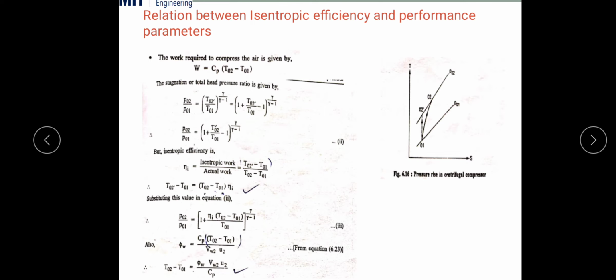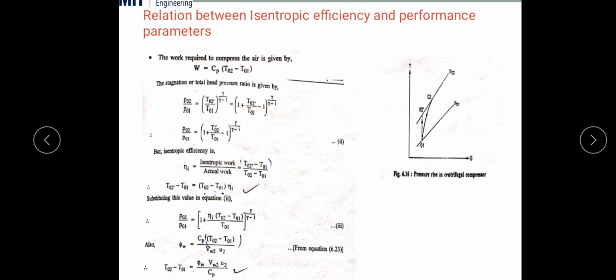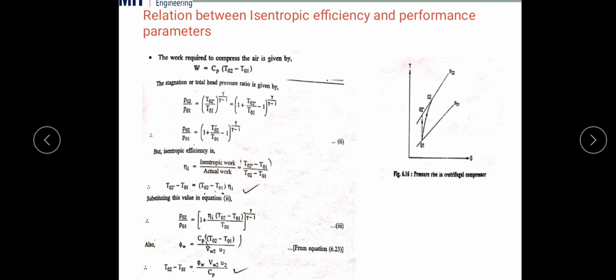We can just draw the TS diagram also, in terms of the inlet of the impeller, this is the condition, and this is out of the impeller in case of the stagnation properties. Then using the pressure and temperature relation from the adiabatic process, we will get some pressure ratio over here. Again, by the definition of the isentropic efficiency, we will get the temperature difference T02 dash minus T01 is equal to T02 minus T01 into isentropic efficiency.